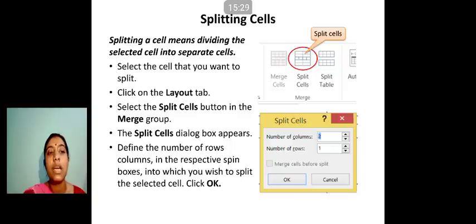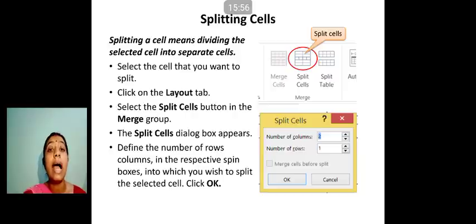Now in this dialog box, you can see the number of columns and the number of rows. As per your requirement, as many rows or as many columns as you want, you can divide your cell into that many rows or columns. At that time, the cell which you have selected acts as a table boundary.